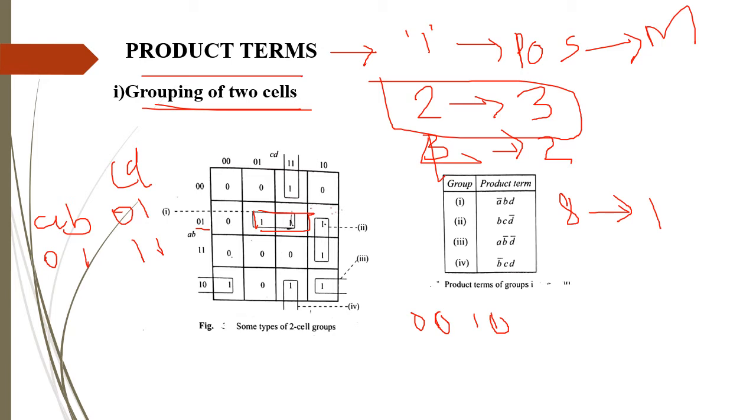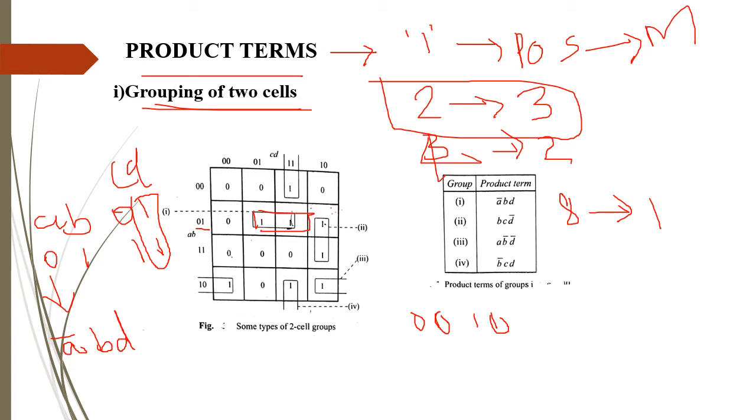Since you have a 0 over here, I have to write it as A bar, because since it is a product term, output will be evaluated to 1. So wherever you have 0, you have to write the complement of the number. So A bar, B you can write directly, and in this column you have to write the term which remains the same in both cases. D remains the same in both cases and it is evaluated as 1, so you can write the equation as A bar B D.